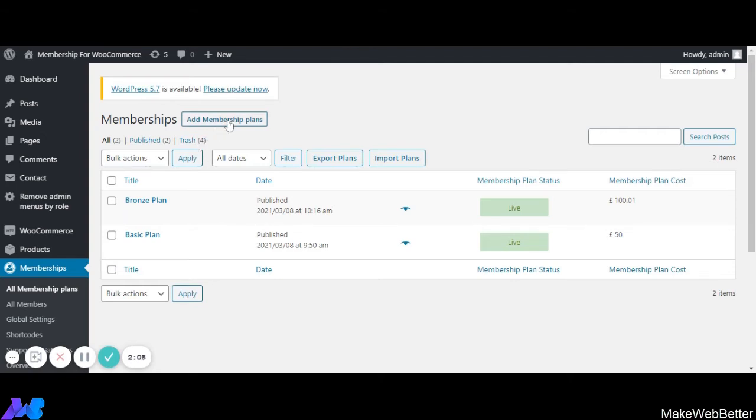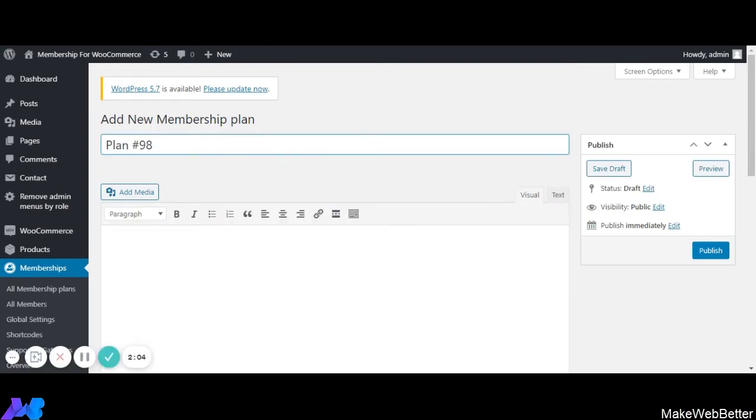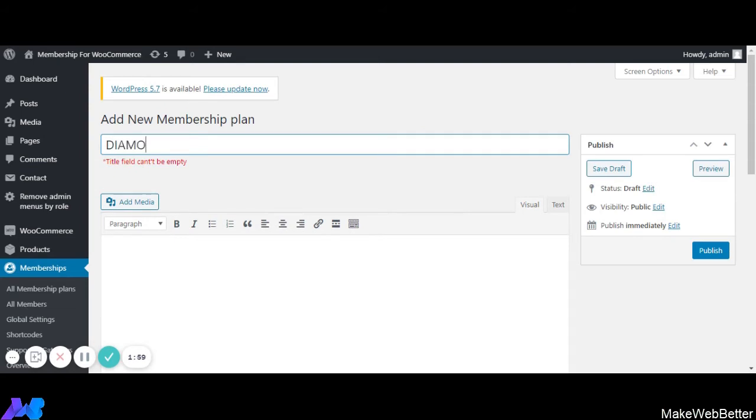So here you can name the membership plan. Here you can add the membership plan. So after you have selected the title for the membership plan, here you can see this is the message that